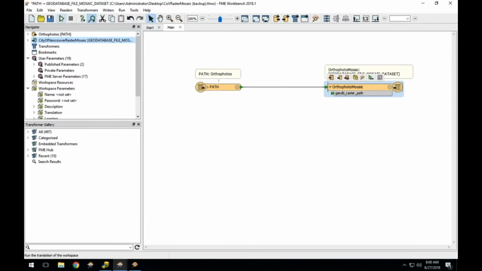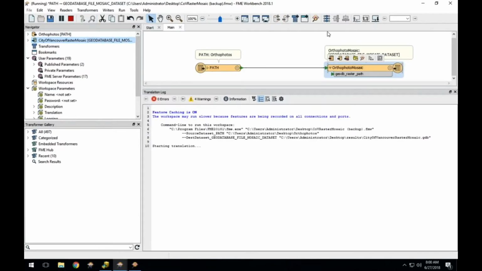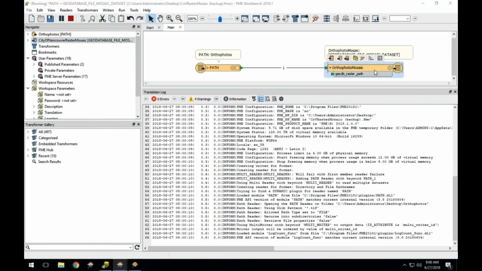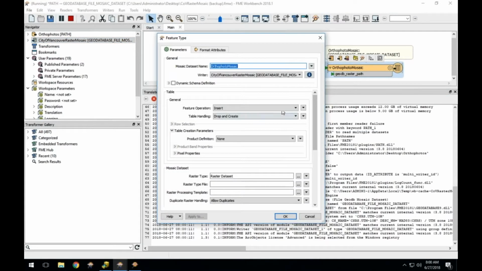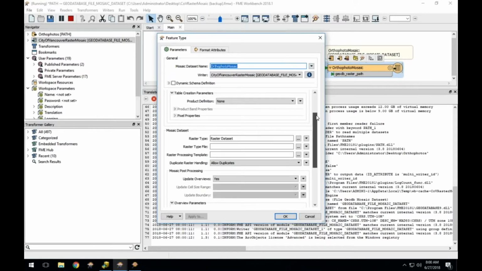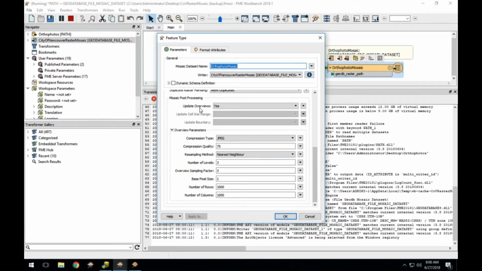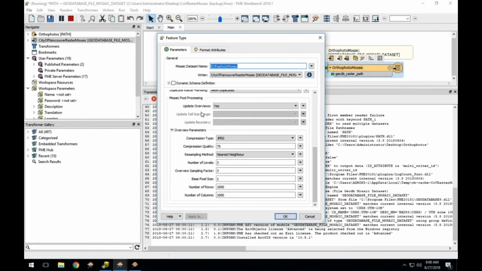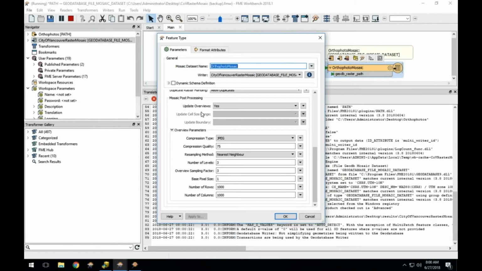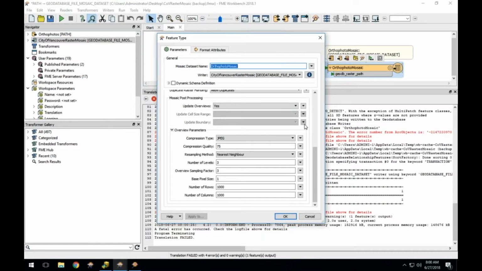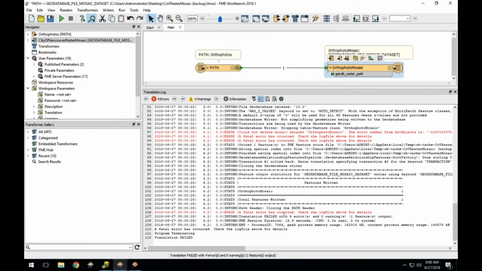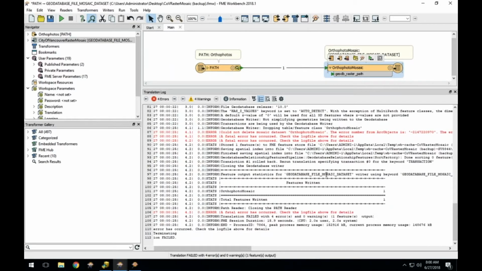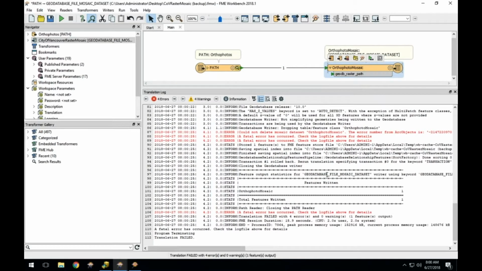We have it for both ArcSDE and File GeoDatabase. What's good to note in the writer is we have our normal database parameters here, but we also have these update overviews, and that's going to be what your pyramids are. So you can set this to yes or no, and then it's going to create those overviews for you. We also have various other parameters such as the compression type and everything like that. Oh no. I'm writing to an existing one, so I'm not able to do an update,